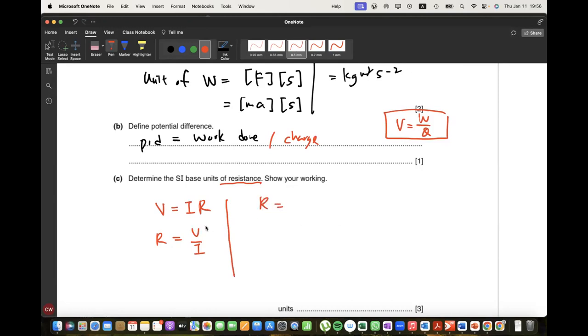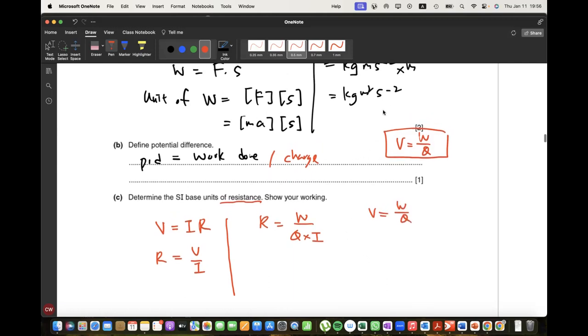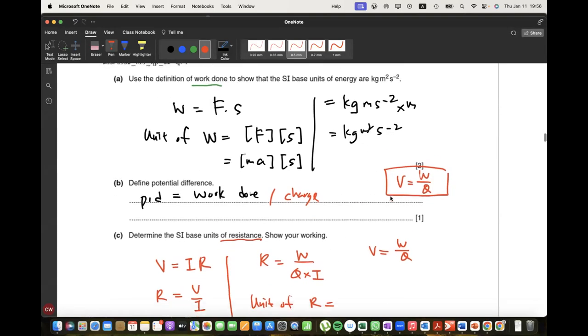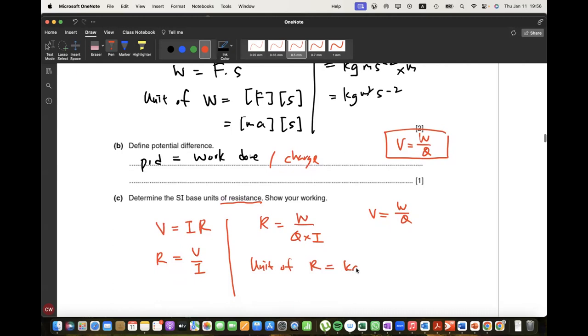V can be work done per unit charge, over I, because V is work done per unit charge. Work done, the unit we know already. So the unit of R is the unit of work done over the Q, which is also equal to